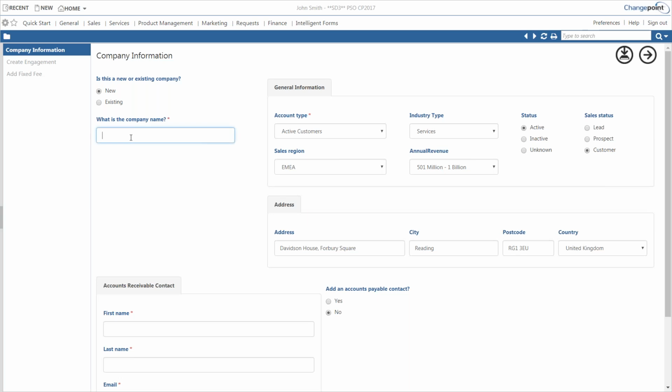I will say this is company X. And I can pre-populate as much as I want here. This is also important. So beside the standard fields, you can pre-populate and you can add custom fields. The fact that you can pre-populate is also important, because in ChangePoint you might have sometimes fields that are mandatory